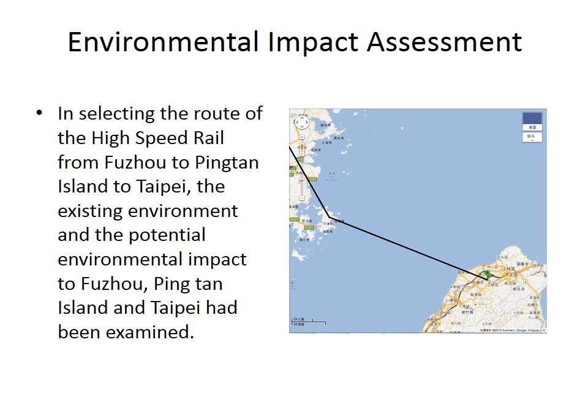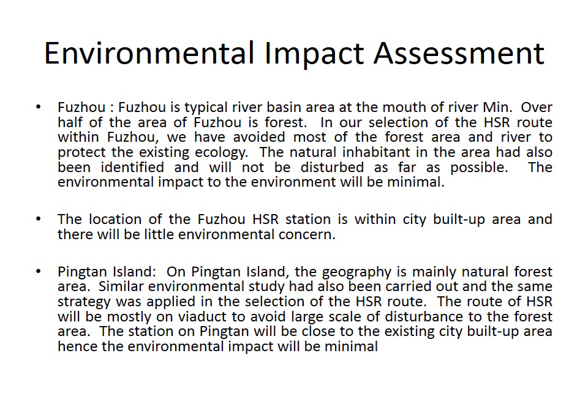Regarding the environmental impact assessment, in selecting the route of the high-speed rail from Fuzhou to Pingtan Island and to Taipei, the existing environment and the potential impact to the environment at Fuzhou, Pingtan Island, and Taipei have been examined. Fuzhou is a typical river basin area at the mouth of the river Min. Over half of the area of Fuzhou is forest.